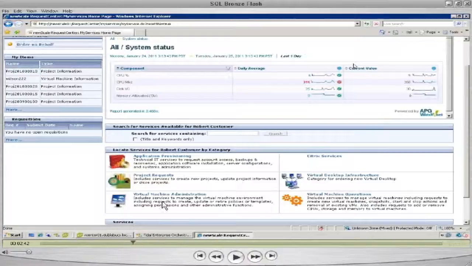Here's the service catalog. You can see a set of services here: application provisioning, projects, virtual machine administration, VDI, Citrix as well. There's a set of their items where you can see the projects they're assigned to as well as the VMs that they own. So if we kind of follow this through here,